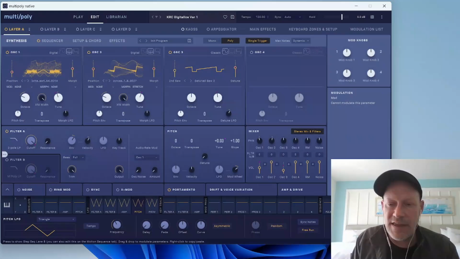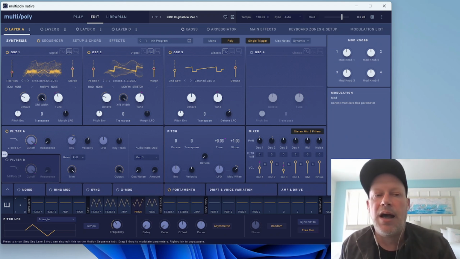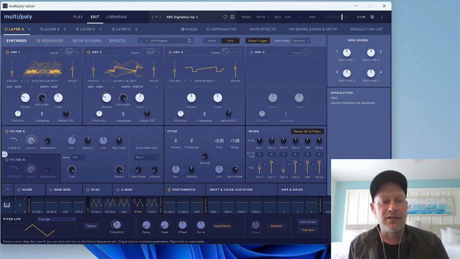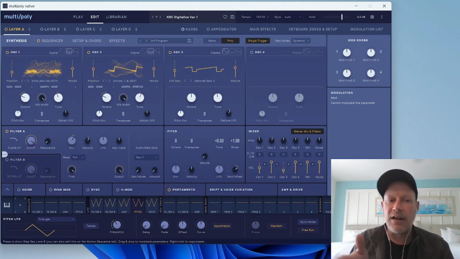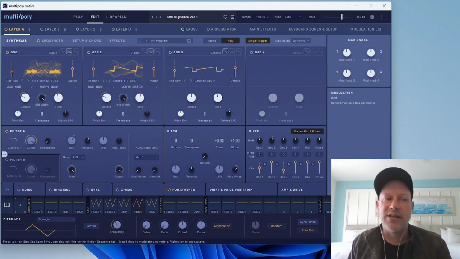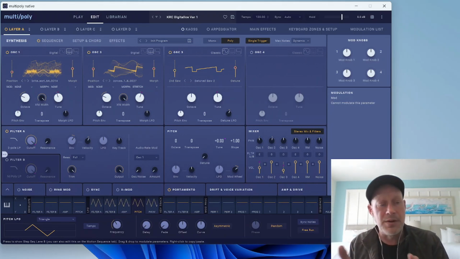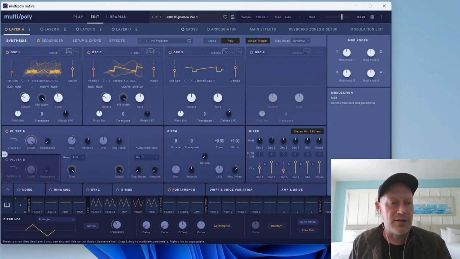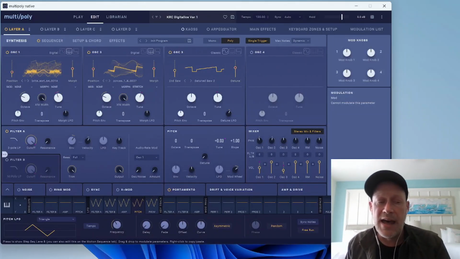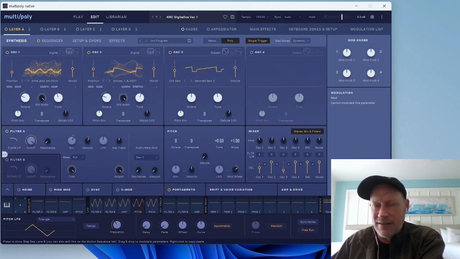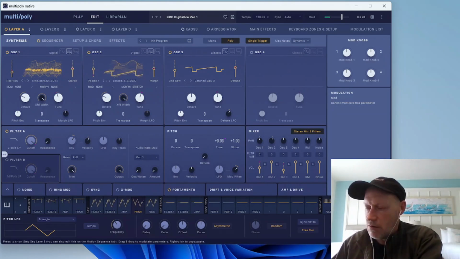One thing that I really like doing with almost any type of synthesizer, but I love the sound actually of digital oscillators into an analog filter. And the analog filter emulation sounds so good here that I get the same impression using Korg Multipoly or Multipoly native as I would with using a synthesizer that has pure digital oscillators that are being run into analog filters. So this is, you know, the type of sound that's